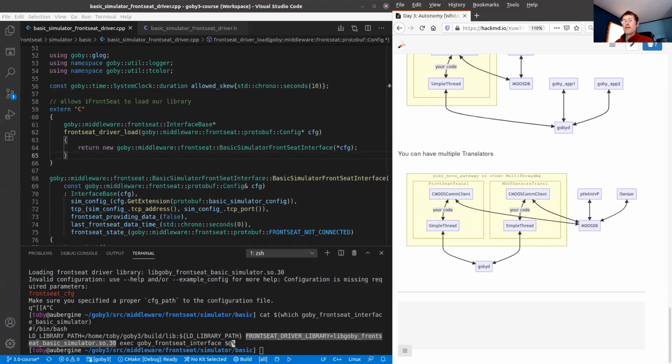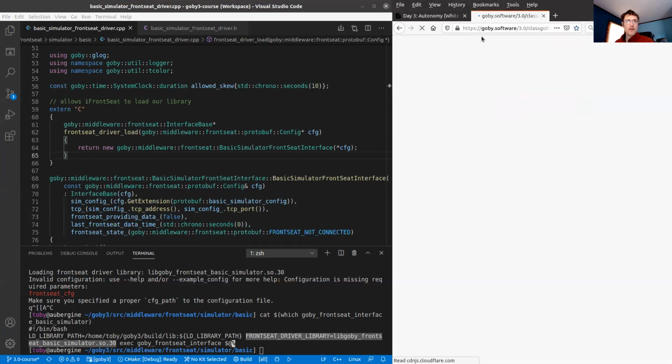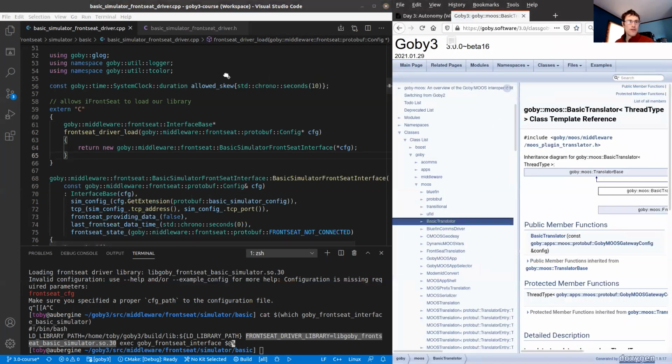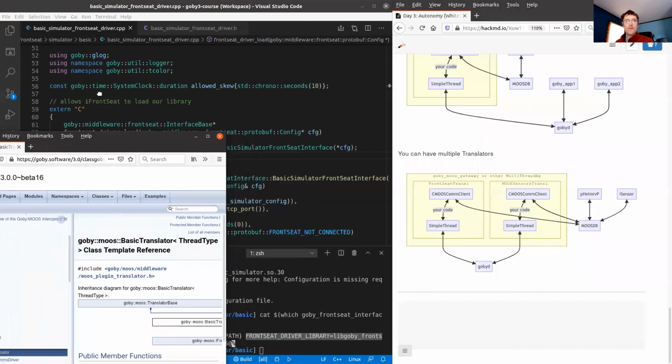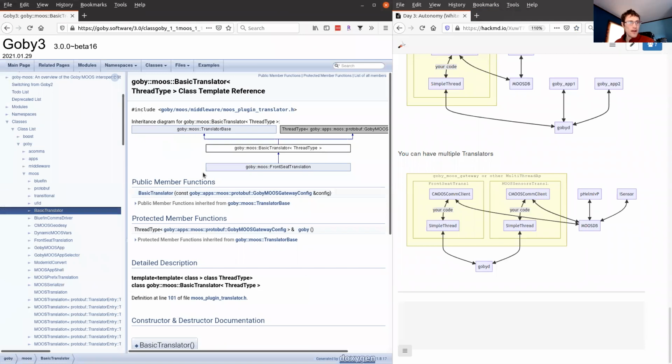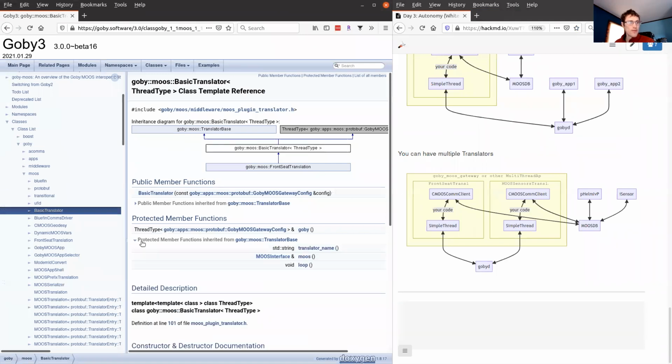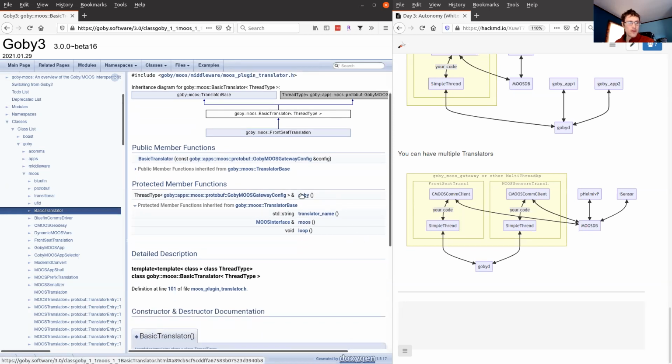Okay, so let's take a look then at the interface for the basic translator, which I'll show you over here in the Doxygen documentation. If we look at the protected member functions for translators, the ones that are accessible to all the derived classes or our implementations here, we have a method called Goby that returns the underlying thread, which in this case for us is simple thread.